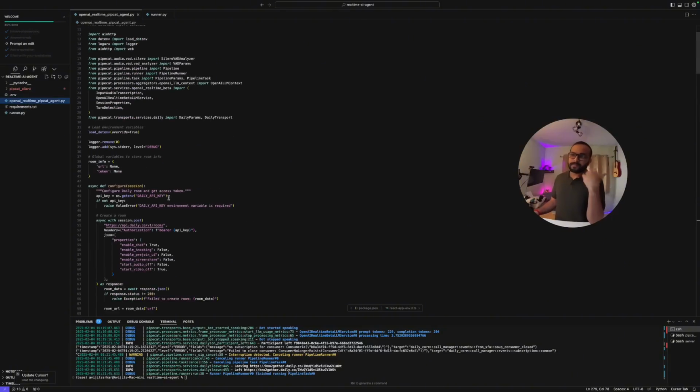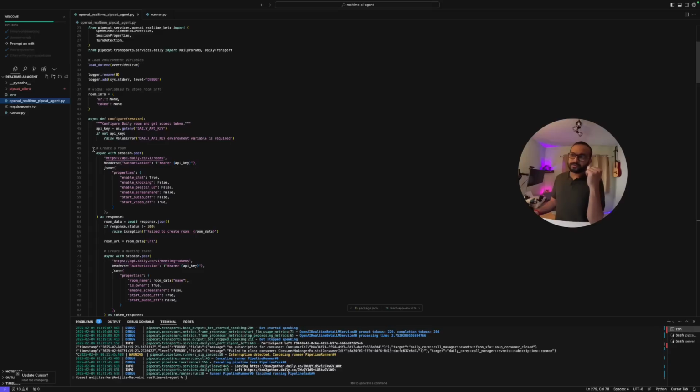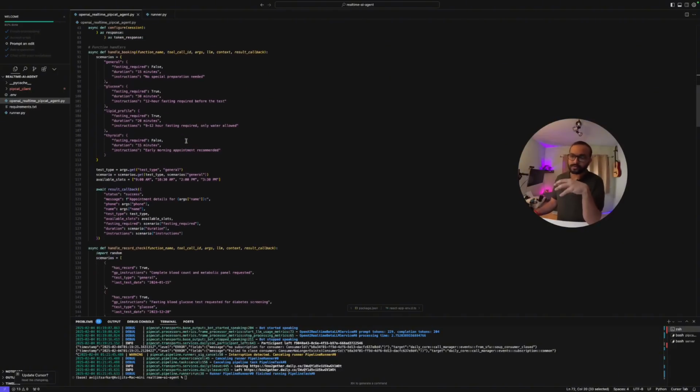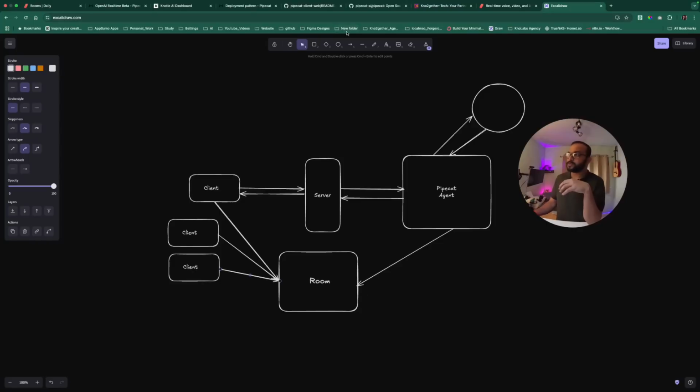And then we have the Pipecat agent, which also connects to the rooms using the same API key. That means the agent is running as an independent process here, and it also uses the token, the same API key and everything, to join the different rooms. So that means if you create multiple rooms,